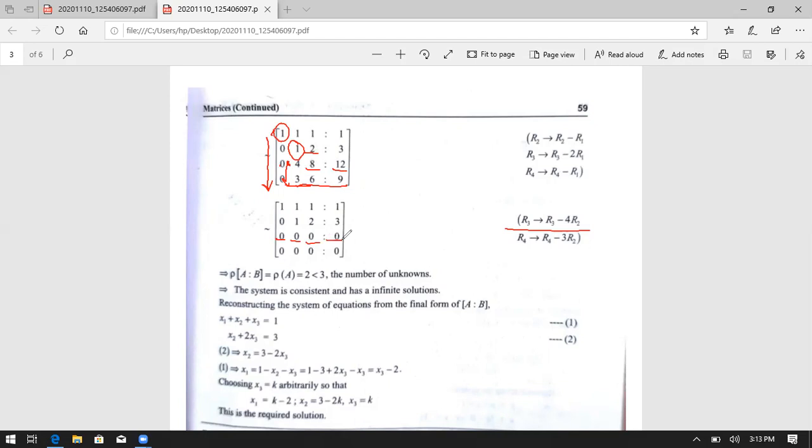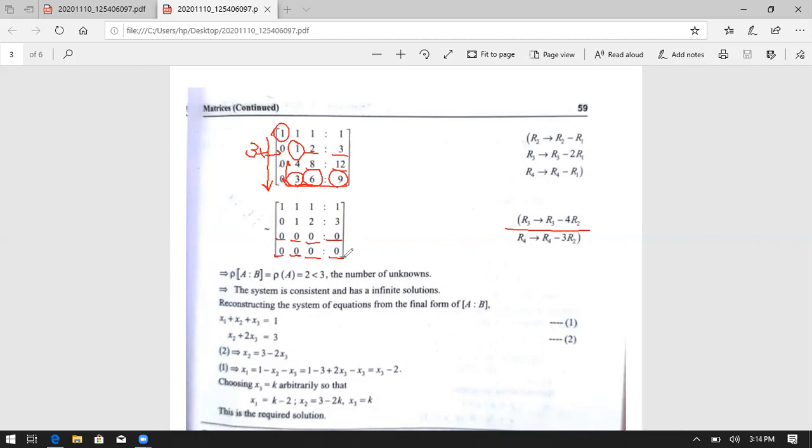Okay, that is R3 is over. Next comes R4. What is the R4 value? R4 equals R4 minus 3R2. R4 is 3 there, that's why R4 is equal to R4 minus 3 multiplied by the second row. Next, 3 minus 3 is 0. 0 minus 0 is 0. Next, 6 is there. 6 minus 3 into 2, 3 into 2 is also 6. 6 minus 6 is 0. Next term, 9 is there. 9 minus 3 into 2, 3 threes are 9. Then 9 minus 9 is 0.